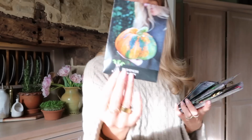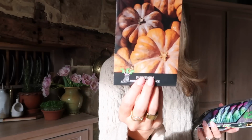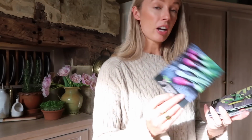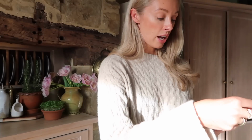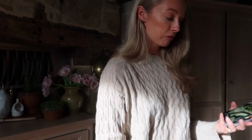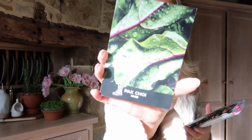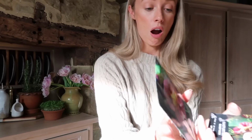Pumpkins, I love growing. I thought that one looked really funky, as did this one, a really kind of traditional, old school, traditional pumpkin. A perennial style of onion, again it's purple, so it's hopefully going to be full of goodness. A slightly different kind of garden pea with a yellowy pod, and we love crazy varieties. A pak choy with a deep purple vein running through it. Pak choy traditionally does quite well in my garden. Nasturtiums grow very well, so well in fact that it...